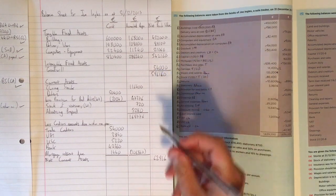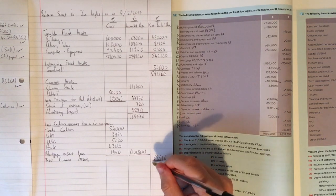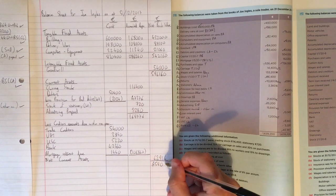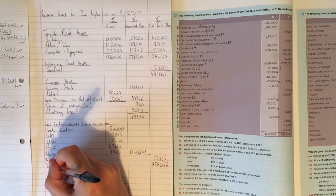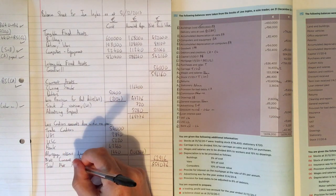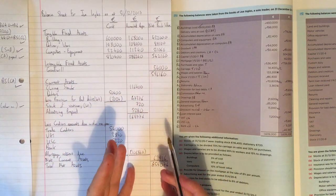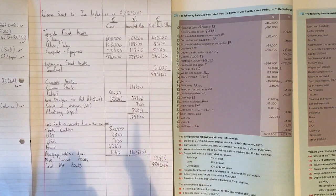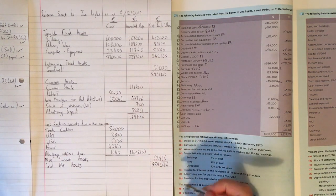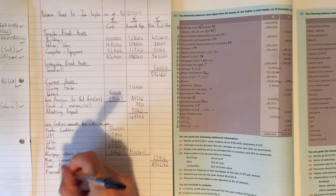Alright, you add that then to your fixed assets. And you've got 659,076, and that is total net assets. And that's like half my balance sheet answer. Alright, so what I'm going to do now is do my financed by section, and that should equal 659,076 as well. Alright, so financed by,